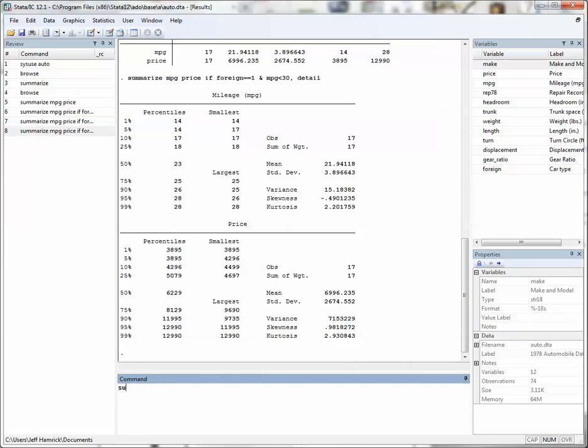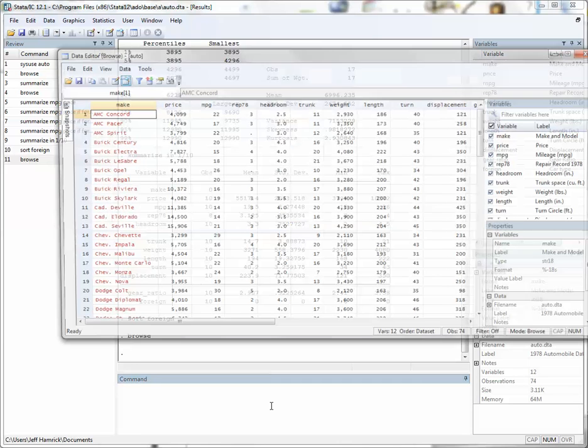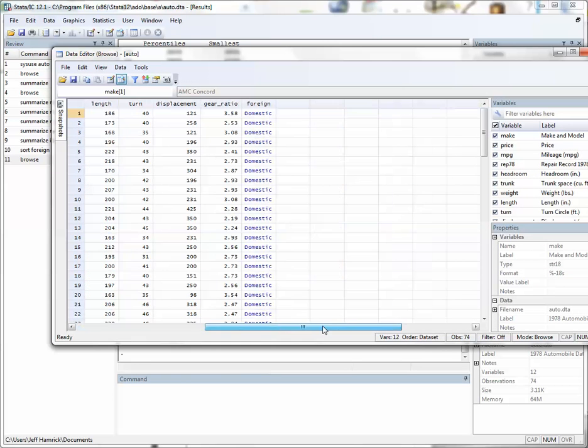You can also, as per usual, use expressions like summarize in 1/10 to get summary statistics for just the cases in the first 10 rows of your data set. Okay? And you can also do summarization by groups. You have to sort by a group that you want to do summarization on. That's a typical requirement in most statistical programs like Stata and SAS. So for example, if I sort the data set by the foreign variable, let's check out what that data set looks like now. So now notice that the data set has been sorted with the domestic cars first and the